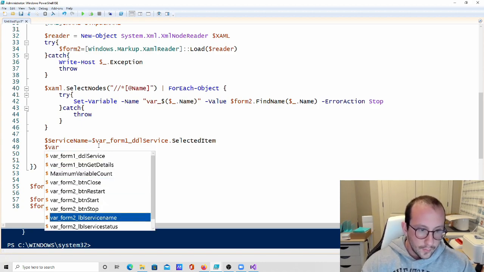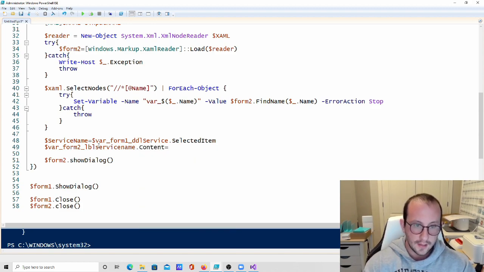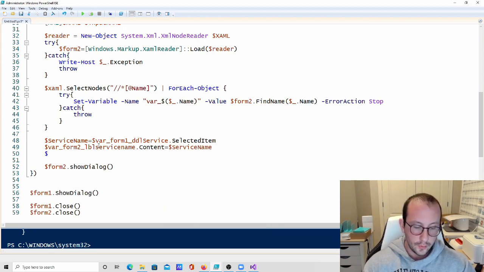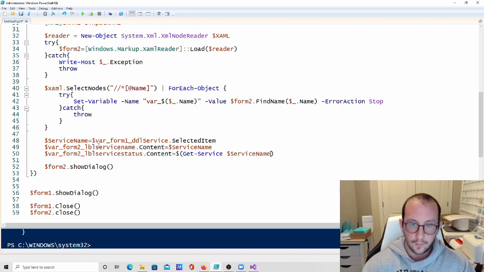Var form2.service name, and then that's going to be .content, and we're going to set that equal to service name. And then we're going to do a var form2 LBL service status .content, and we're going to set that equal to Get-Service of the service name, and then we're going to pipe that to Select-Object status, and then we're going to do a dot